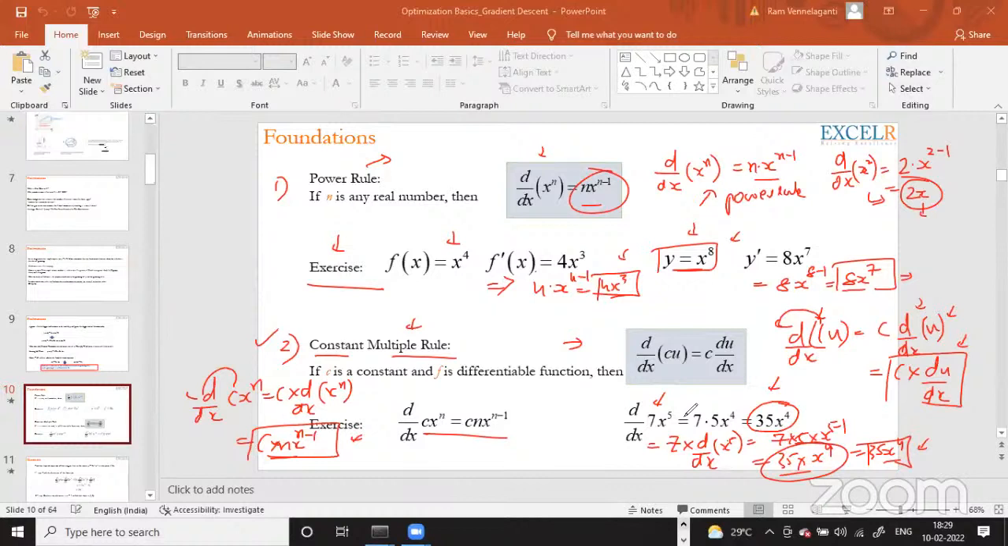So that is how we have to revise our concepts. Before we discuss further topics, we have to understand the basics of derivatives first. So remember these two formulas, power rule and constant multiple rule first. Now,